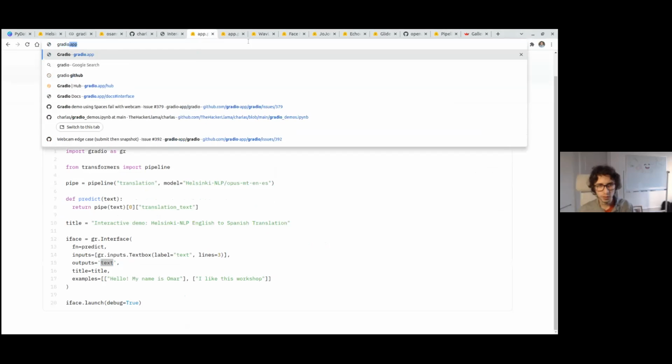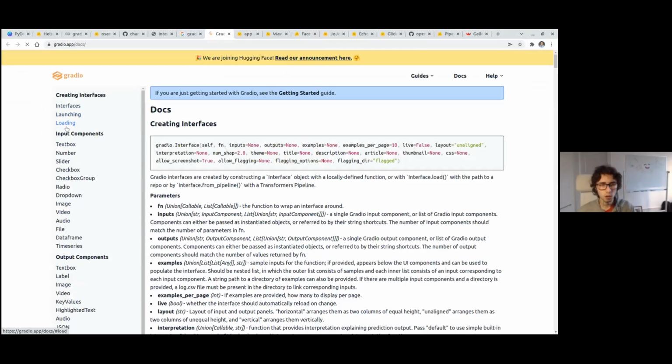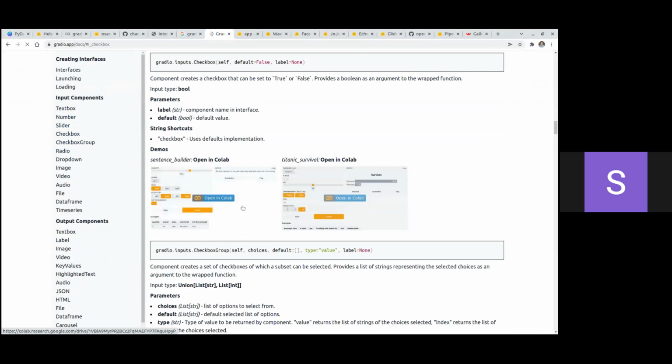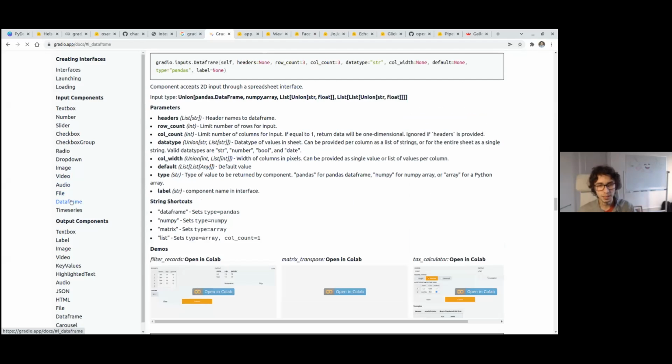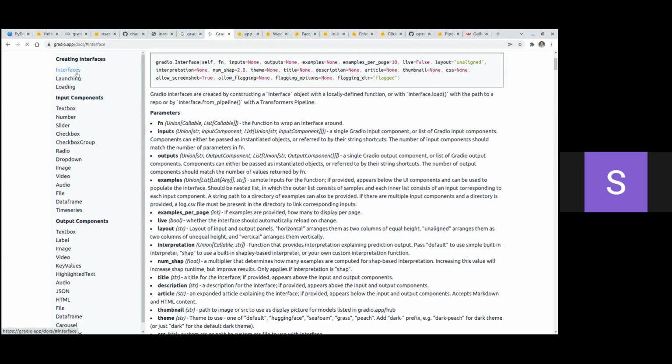So you can go to the Gradio documentation, for example, and here you have all the types of components that you can use: text box, numbers, sliders, checkbox. They have demos directly in Colab that you can try out. Audio, videos, files, even data frames, if that's something you want to show, or time series, that's also possible. So you can do all of these kinds of things.